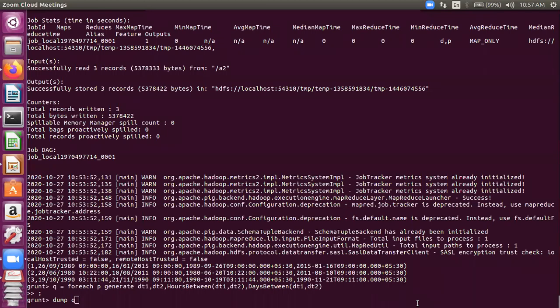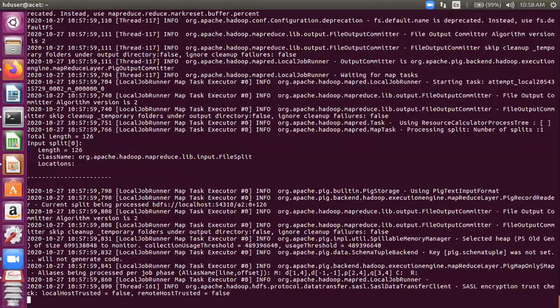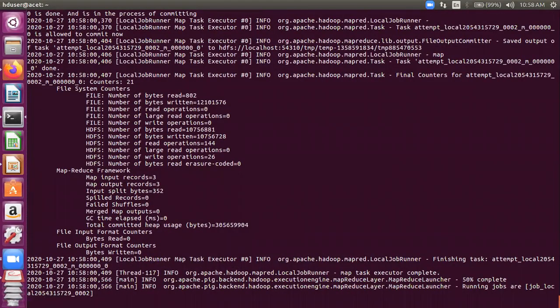And what else? Days you can see, it is 19th October. You can count the days. It will do it for us, so let's check it. It will give the hours and the days, look for the third row, right?